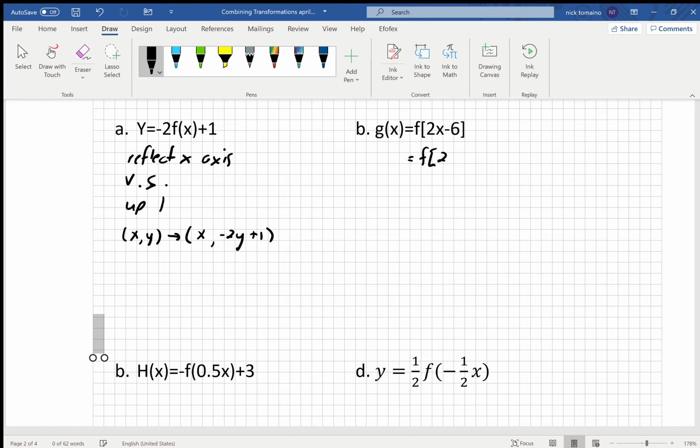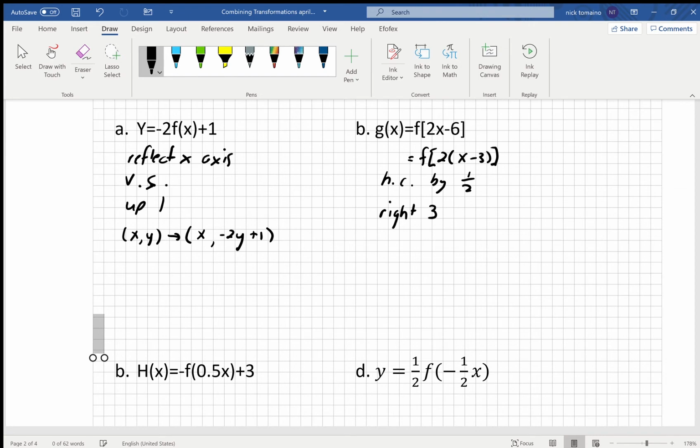Okay, good. So the next one here is first we're going to put it in common factored form. So we're going to factor out a 2 and we get x minus 3. Now I want you to notice here that there's nothing to the left of the f and nothing after the bracket, which means there's nothing happening to the y coordinates. So you go here to the left, y, after the bracket, y, within x. So this right here is a horizontal compression, by 1 over 2,